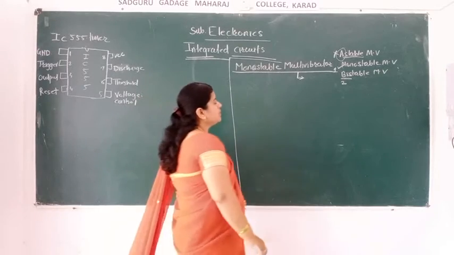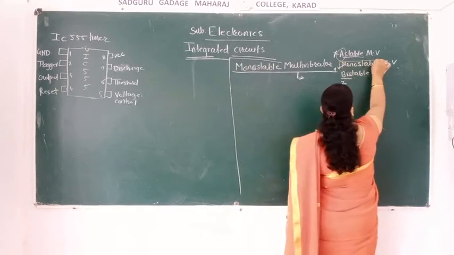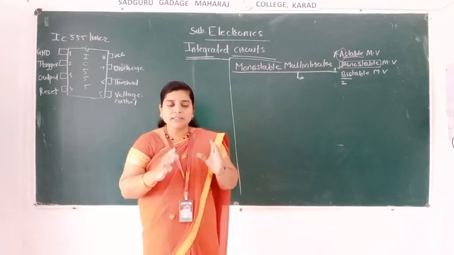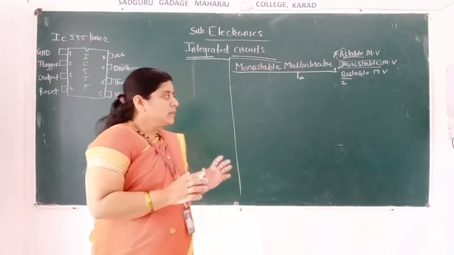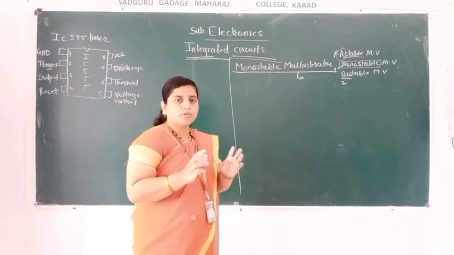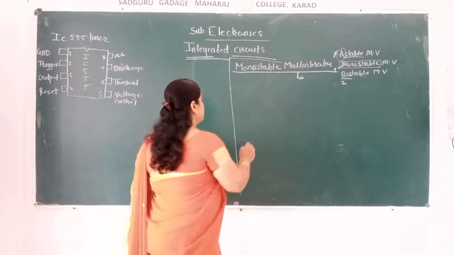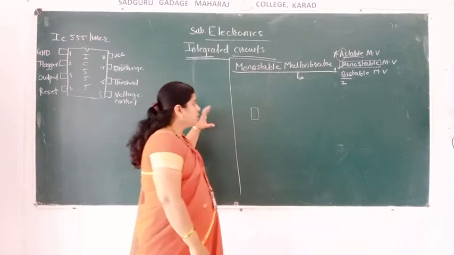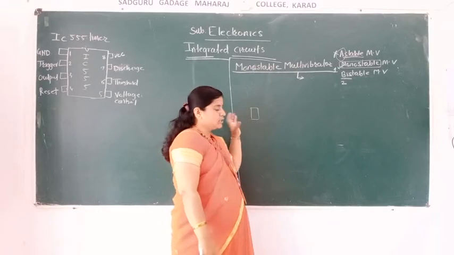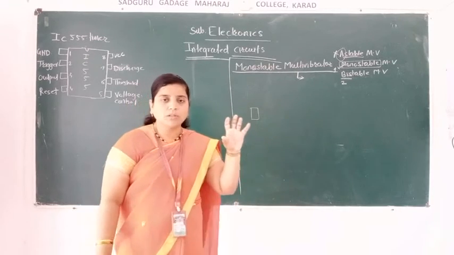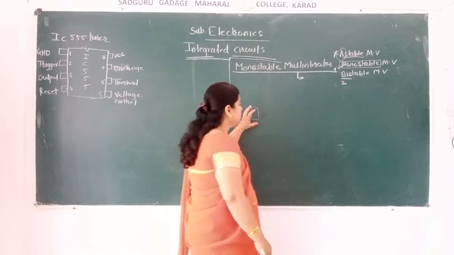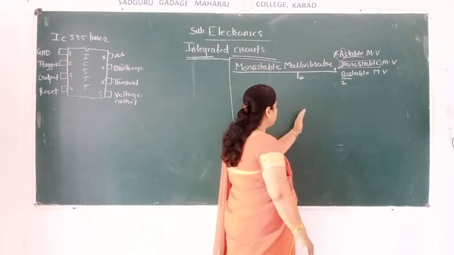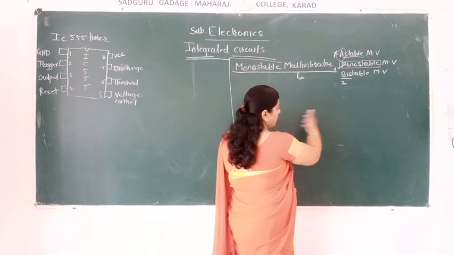So in monostable multivibrator, what happens? Only one state is there which is constant. For example, suppose you have a box now, and you are going to push that box. If you are giving one state or voltage or supply to the box, what will happen? It will go forward, then come back and stop here again. Means after sending it from here, it will come back.